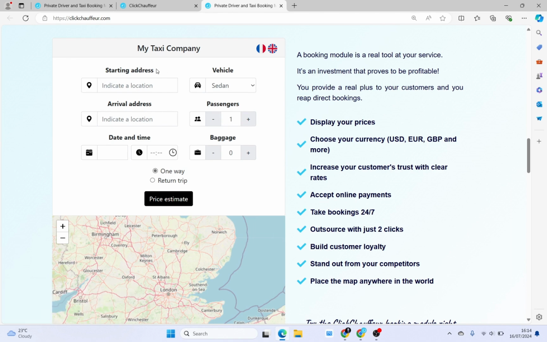And that's it. You've successfully integrated the ClickChauffeur module onto your website, making it easier for clients to book your